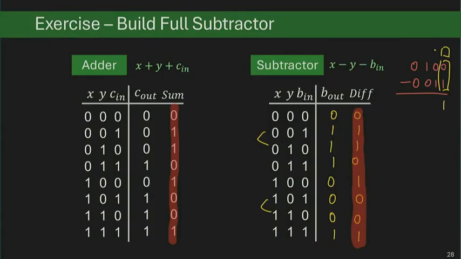And Max told me earlier that this is one thing that he observed. So Max, how did you observe it? Do you have like a more binary reasoning, or is it more like by looking at the truth table? No, there's a binary reasoning, right? Yeah. Like if you really think about it, if there's an odd number of 1s, the difference has to be 1, because there's no other way for it to become 0, because there's only 1 or 0, right? So if there's an even number of 1s, it has to be 0, because it has to subtract out somehow, right? Yeah. If it's an odd number of 1s,